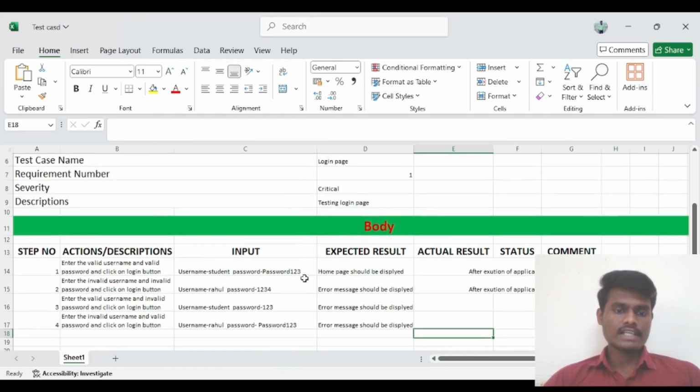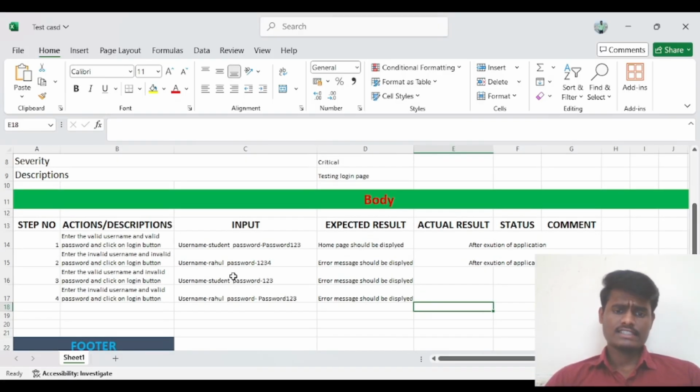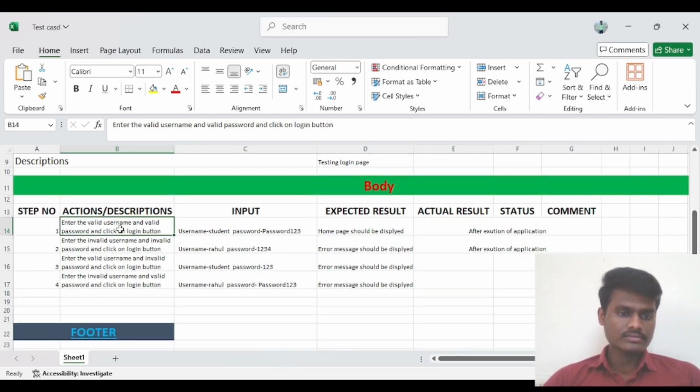So this is all about the login page, guys. This is the way we can write a test case. This is simple, I show you guys for example only. And I will do some changes here so you can see clearly. This is for what? Valid username and valid password. This is for what?